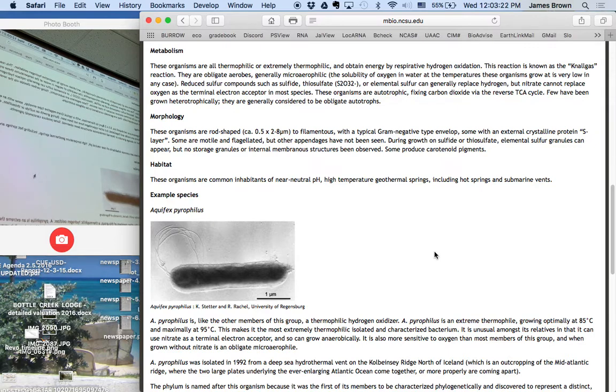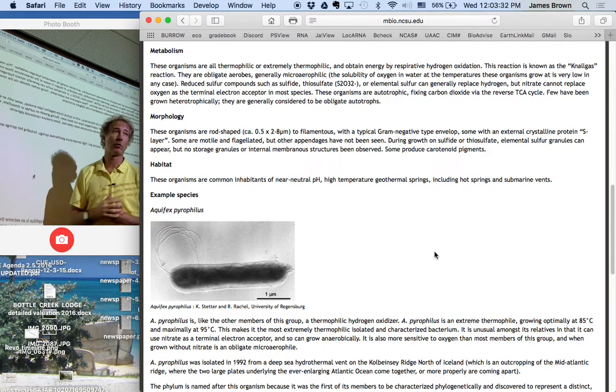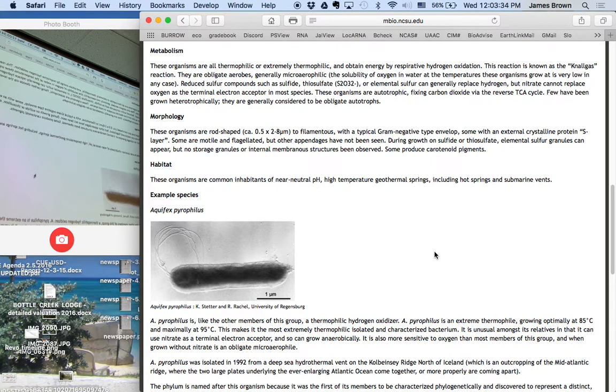These things are autotrophs, so they get their energy from an inorganic chemical reaction, and they fix their own carbon. They do this using something called the reverse TCA cycle or the reductive TCA cycle. Have any of you ever heard of this before? Instead of running the TCA cycle in the normal route where you burn off carbon as CO2, you run it backwards and suck CO2 in and make acetate. That takes energy, of course, but these guys have plenty of energy from hydrogen oxidation.